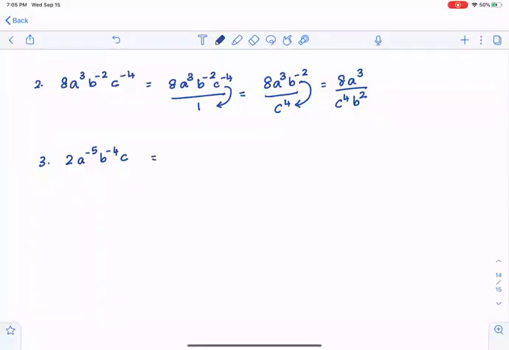So we have 2, a raised negative 5, b raised negative 4, c divided by 1. You don't have to do that intermediate step. I'm doing that so that you can learn, but once you have enough practice, you don't have to do that. So I'm going to keep 2c in the numerator